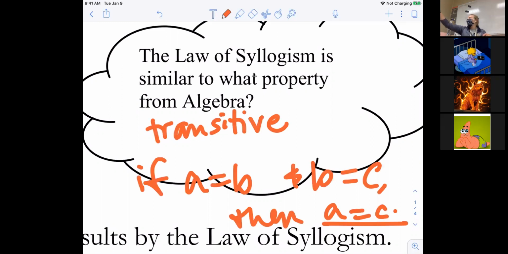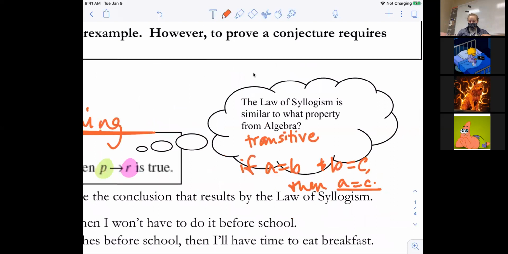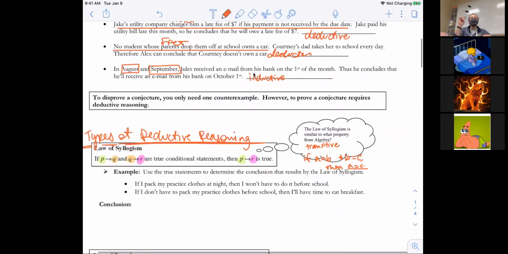In algebra, in equality, it doesn't matter if you put it in different orders, but with conditional sentences, it will matter. So we got to keep it in the same order. If A equals B and B equals C, then A and C have to equal each other. That's how it works here. If I have those two conditional sentences and I have that same statement in the middle, that Q is the same, then I'm just going to cut out Q and go directly from P to R. I don't need that middleman anymore.